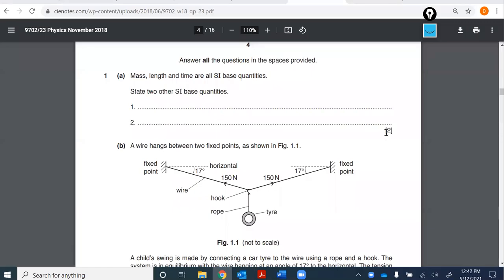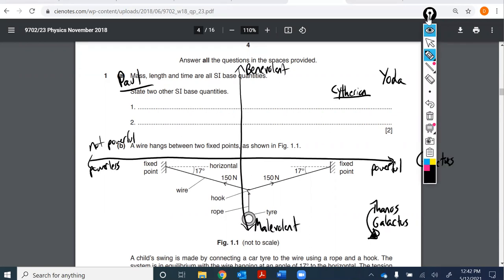All right, so this question reads, mass, length, and time are all SI-based quantities. State two other SI-based quantities. So for a question like this,